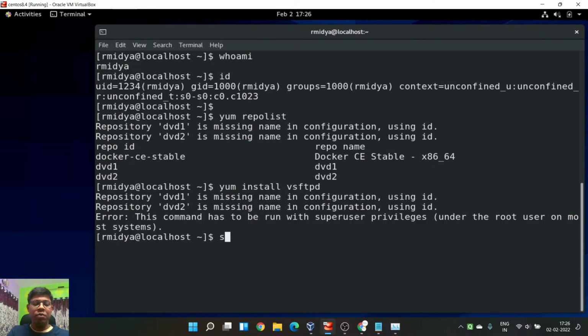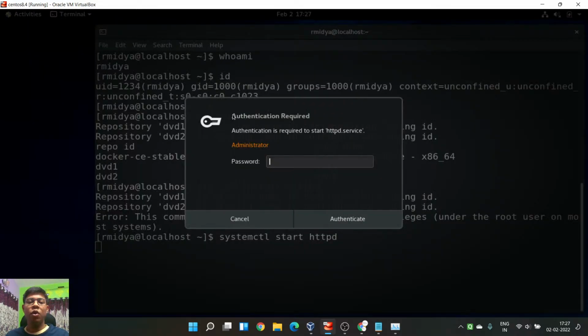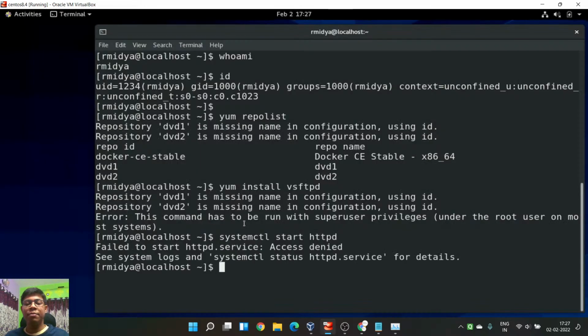Even if I talk about, let's say, systemctl start httpd, here you see authentication required, httpd service, password for administrator. So who is administrator? Our root. Root is the administrator. If I cancel, it says failed to start, access denied.